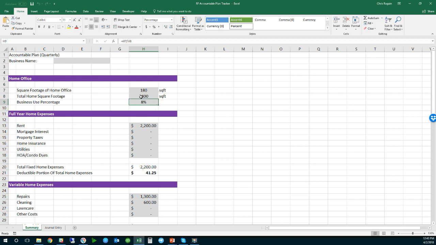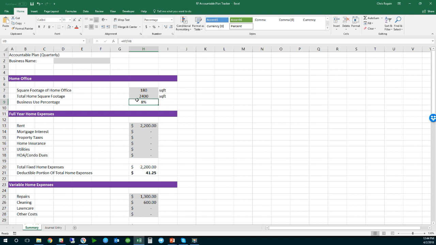If you've got something that is calculating on its own, don't shade it. I shaded this one on purpose just to show you what not to do. Only have the things that clients are supposed to fill out shaded, and anything that's not shaded, here, let me change this to no fill, you need to lock this down. If you're not sure how to lock down a spreadsheet, I've left all the calculations open in case you want to change them. If you don't know how, just Google it online. It's really easy, and you can lock down everything other than these gray boxes that they fill in.